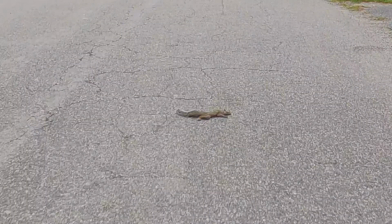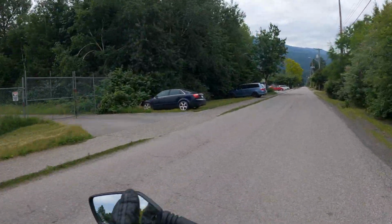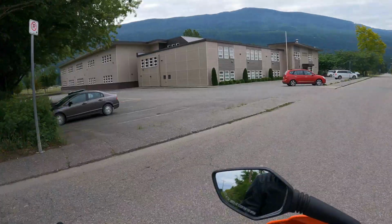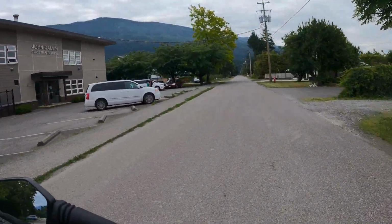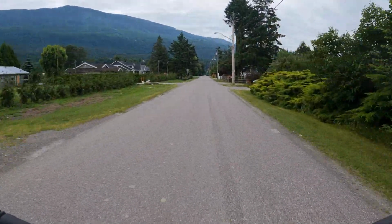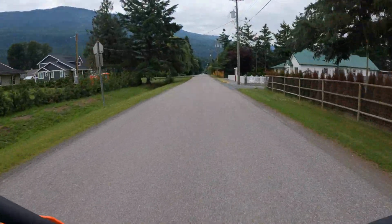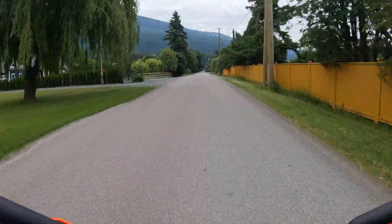Aw, you see a squirrel? See the school zone I'm in? There's a school right here behind this little forest. I bring my bike here and I park here. It's awesome. And then I ride the Sumas Flats. Now I only ride the Sumas Flats these days on my new to me triathlon bike